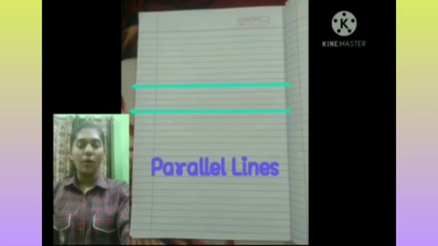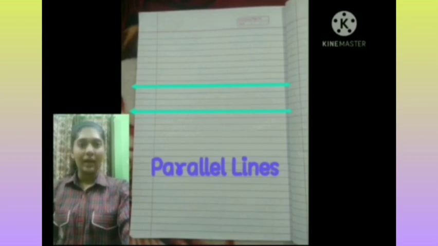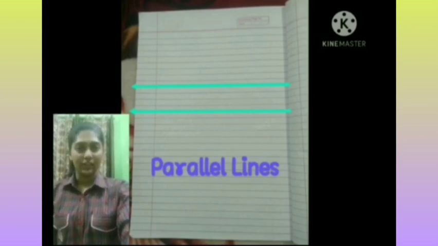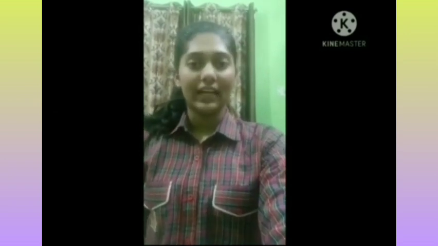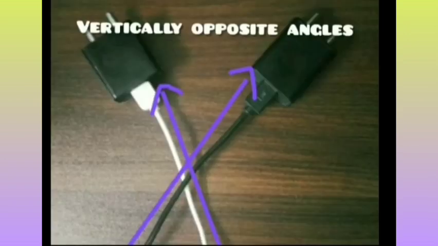Lines of this ruled page form parallel lines. Parallel lines are the lines which have the same distance between them and do not intersect each other. We can see various objects like this in our daily life. For example,